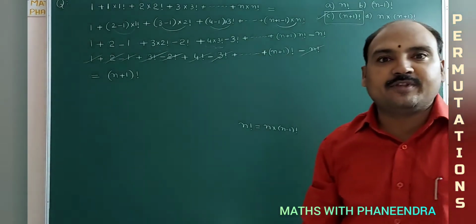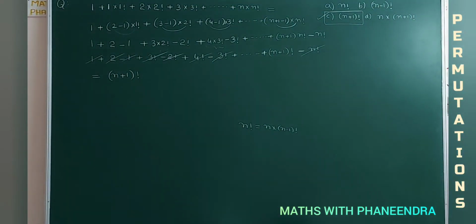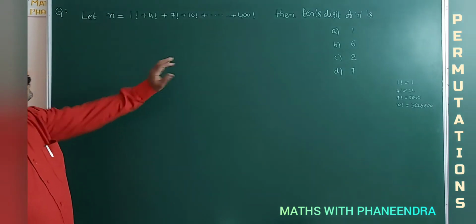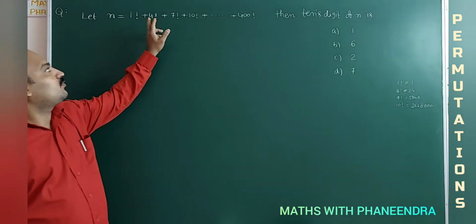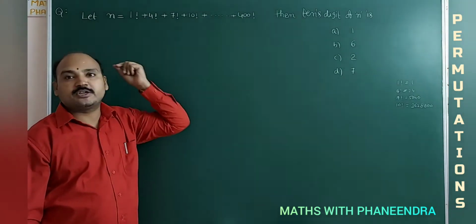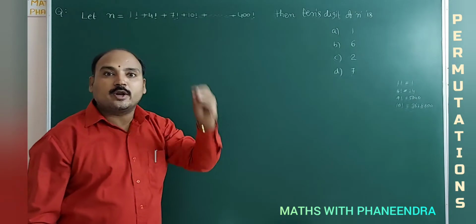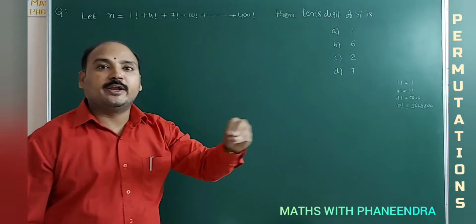We'll move to the next question. The next question, number 2. Let n equal to 1 factorial plus 4 factorial plus 7 factorial plus 10 factorial plus and so on, up to 400 factorial. Then the tens digit of n is,